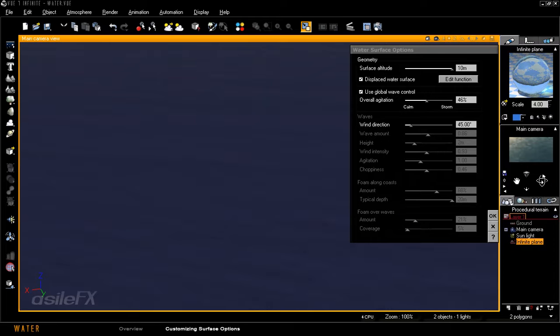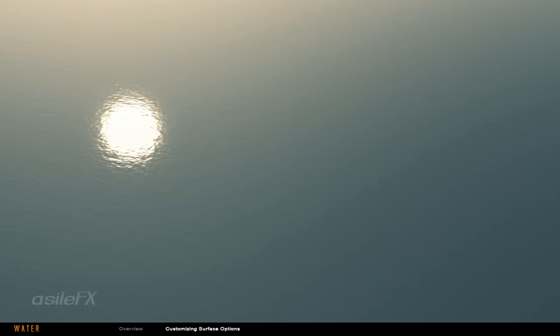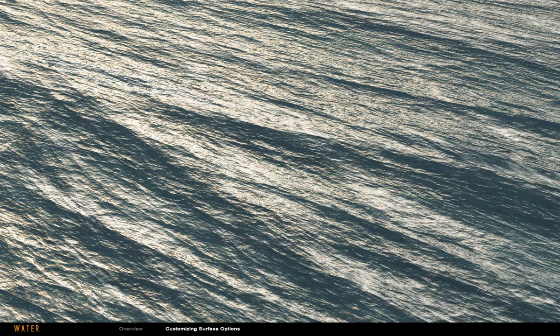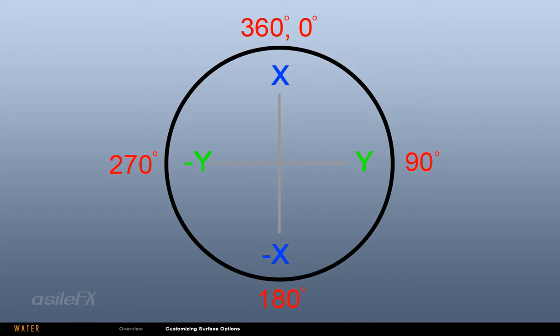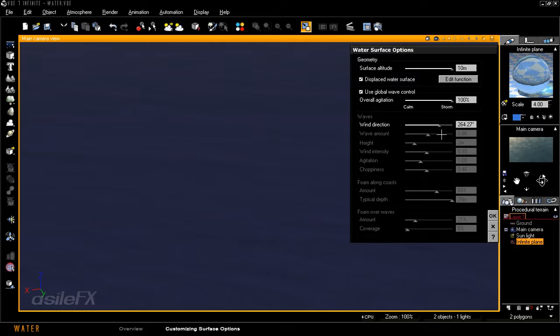The water meta node is currently being controlled with the overall agitation slider. You can adjust this option from calm to storm and control the wind direction. These settings are directly tied to all of the inactive settings currently within the window and allow for quick editing